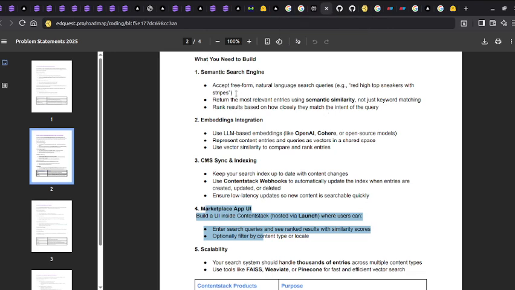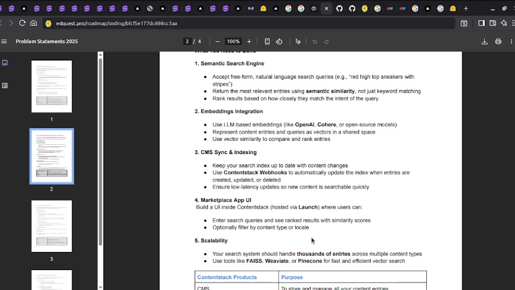In this problem statement, we have to create a semantic search application for the markup, the Contentstack, and the embeddings used can be OpenAI or Cohere. I have used the embeddings from open source models such as Hugging Face models, and then vector databases. I have used the Weaviate Cloud. We have also done the webhooks part, integrating webhooks for low latency, and deployed on the marketplace UI